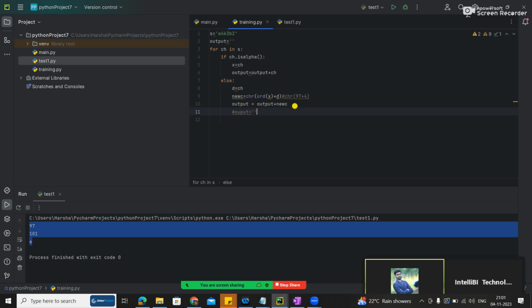First time it would be empty plus whatever new C. By the time it comes here the logic would be A4, this one AE. Okay, so now your output is what? AE. Internally output would have become AE. Next time if it comes here, AE plus output would be again,